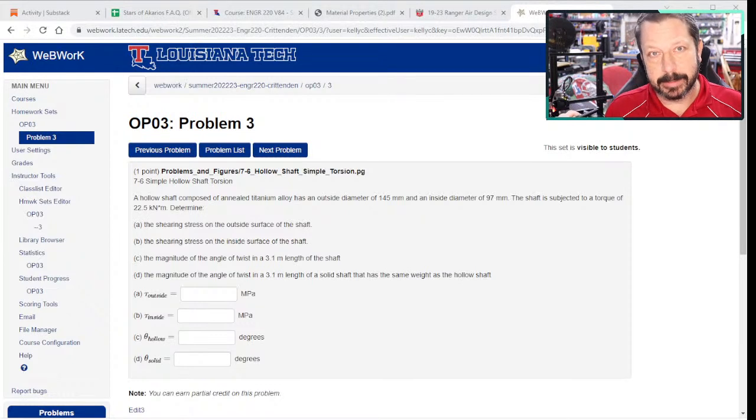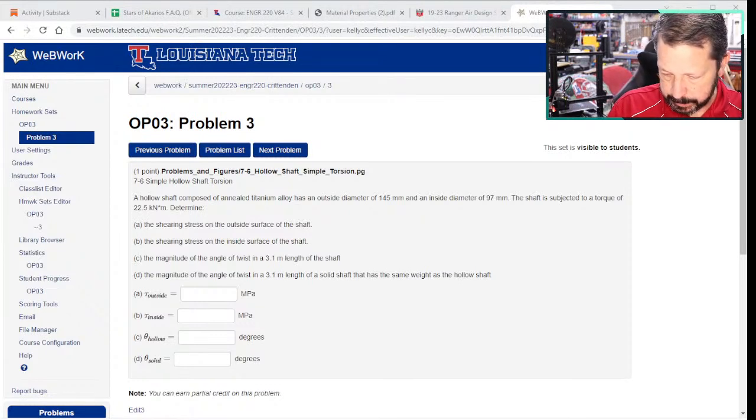I guess b technically is the radius and lowercase d is the diameter. 0.097 meters to the fourth. And need to make sure I'm not doing meters to the fourth. I'm raising that whole number to the fourth. Like that. Let's see. 0.145 to the fourth minus 0.097 to the fourth times pi